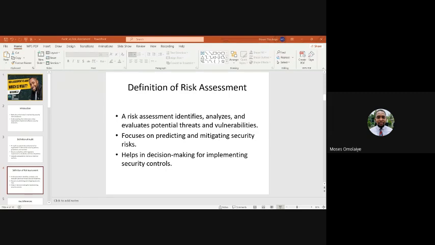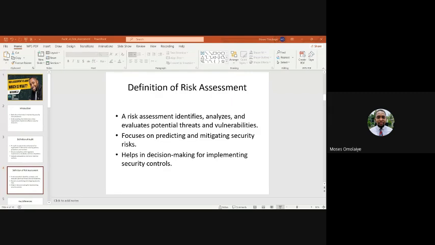So, what's the outcome? The outcome of an audit is an audit report, and the findings are put there. And the outcome of a risk assessment is a risk mitigation plan. So meaning that after you identify the risks, you have to treat those risks. You have to come up with a plan, a risk mitigation or risk treatment plan, to say this is how we intend to treat these risks that have been identified.